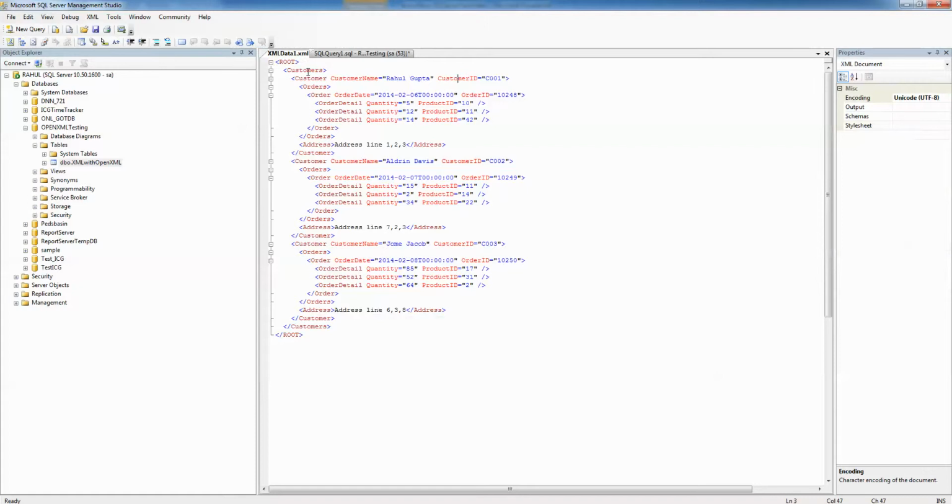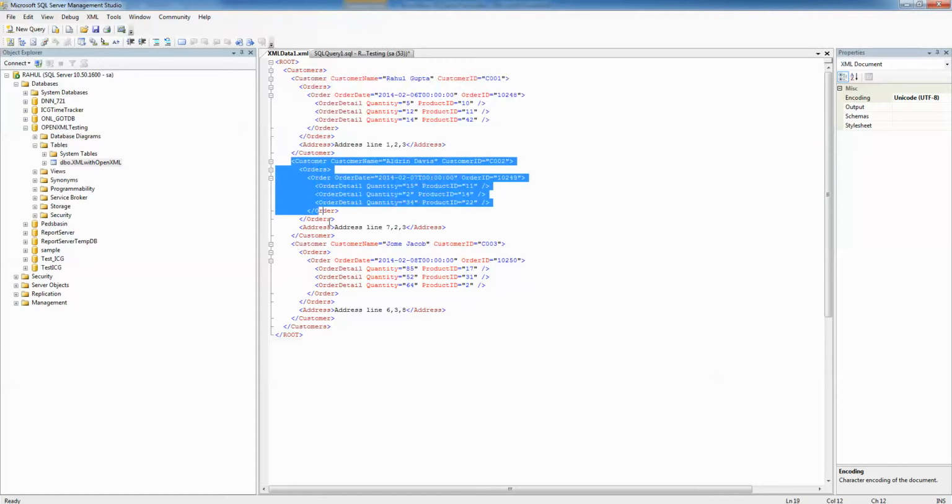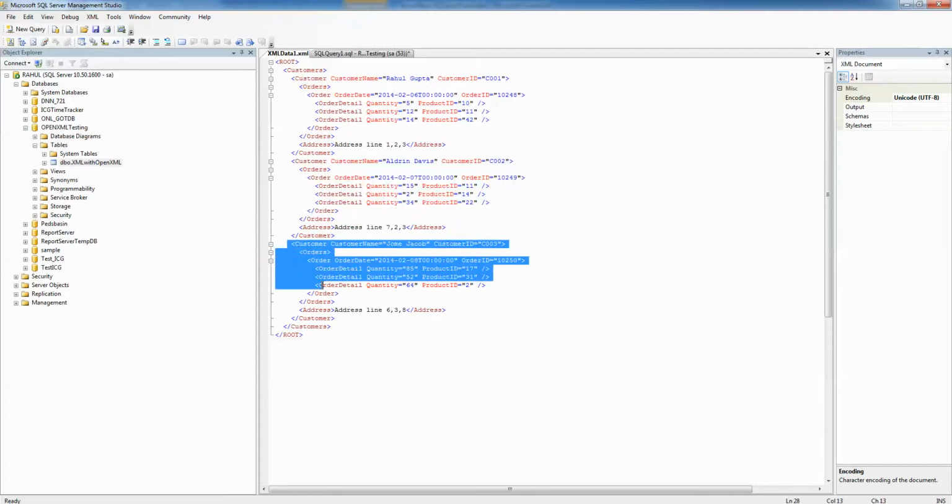So what we have done till now is we are able to fetch the corresponding customer details, customer name, customer ID, order date and order ID, and address of all 3 customers, customer 1, customer 2, customer 3.